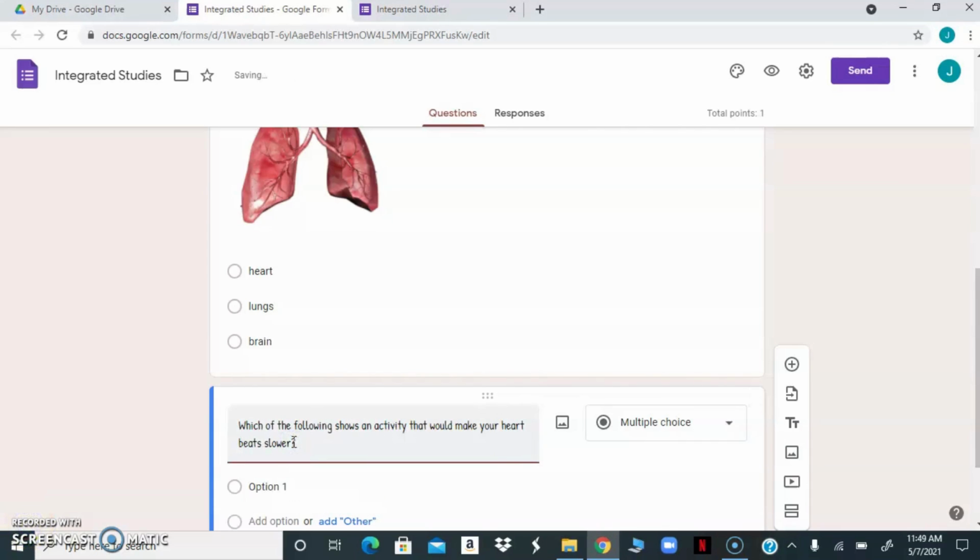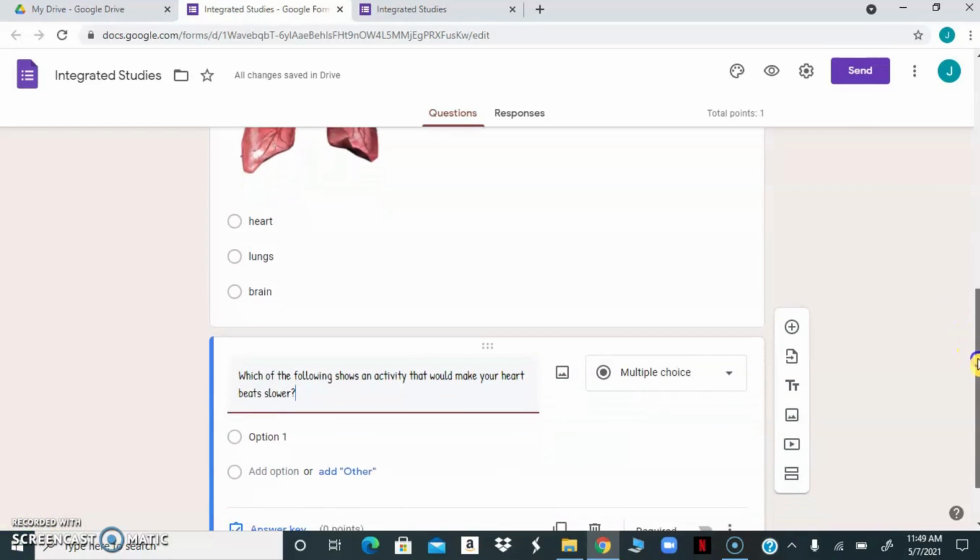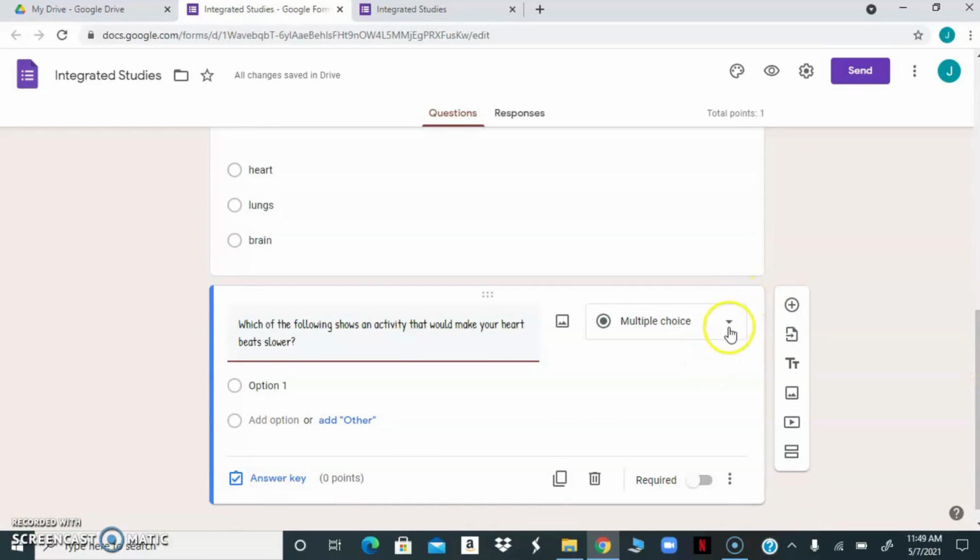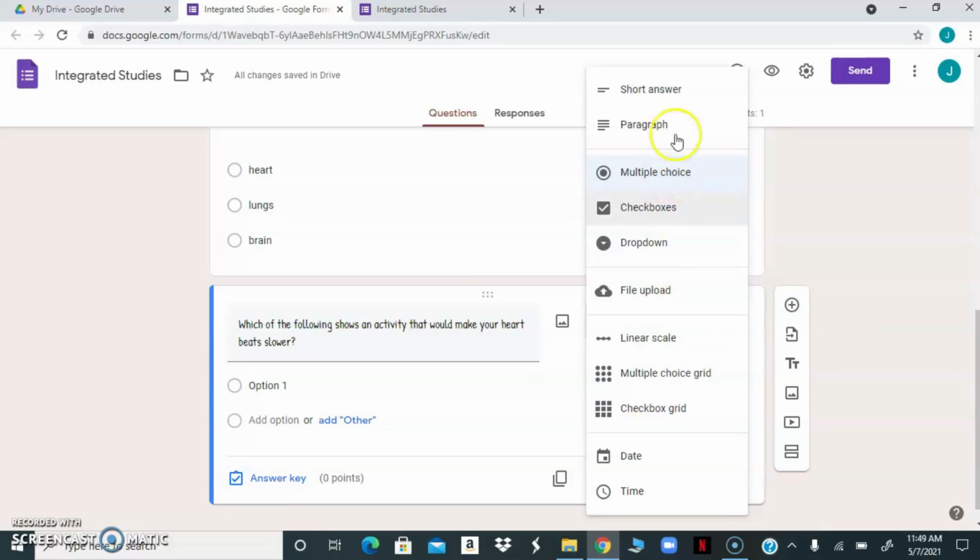Put in my question mark. This time I am not going to put any picture here, right? And you can come right here before I put in the options here to select what type of question